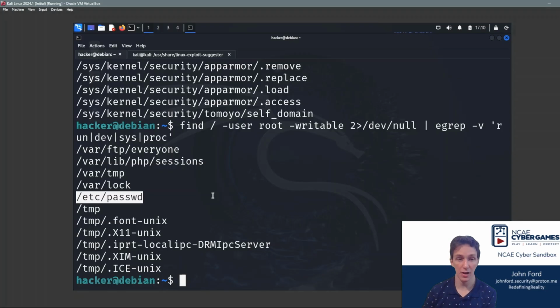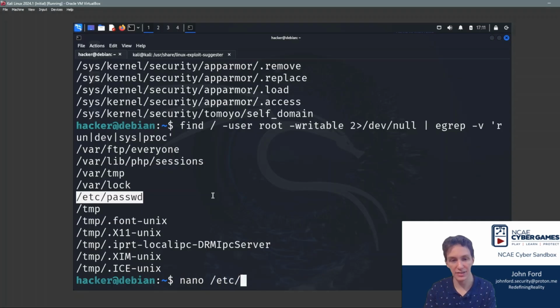If you're familiar with how passwords are read in Linux, most of the time passwords are stored in /etc/shadow, and they're not stored in their plain password format. They're stored in a kind of encrypted format called a hash, right? However, the way Linux actually goes about checking a user's password is first it looks for it in /etc/passwd. And then if it's not present in /etc/passwd, then it's going to go over and look for it in /etc/shadow. So if we can write to /etc/passwd, we can actually overwrite a password for a specific user.